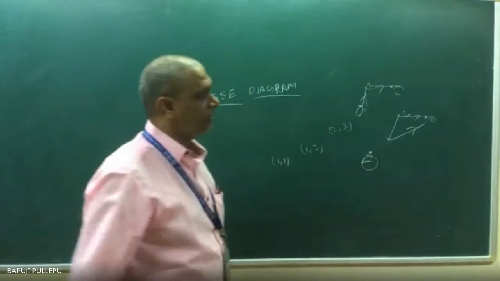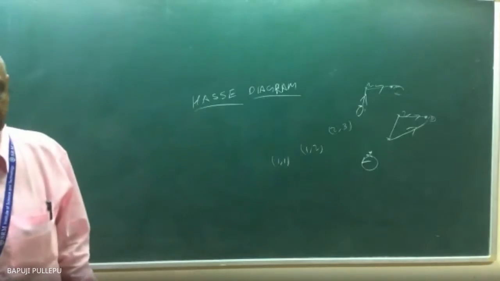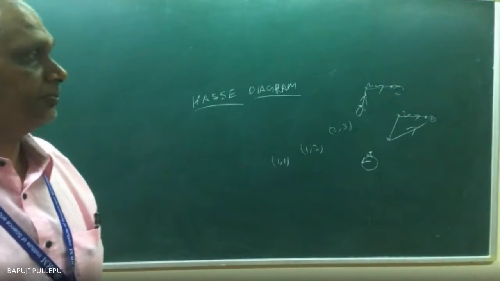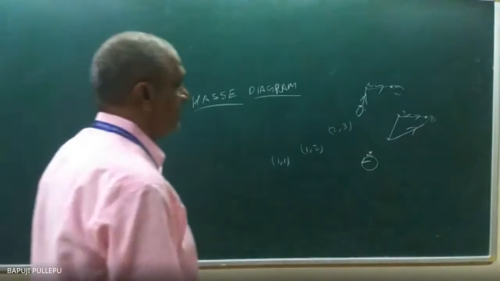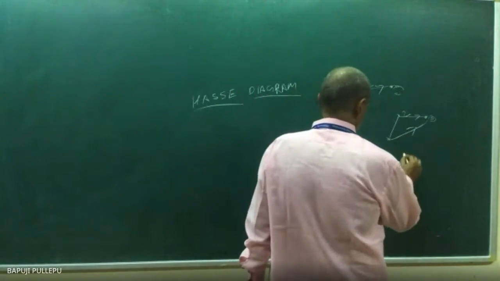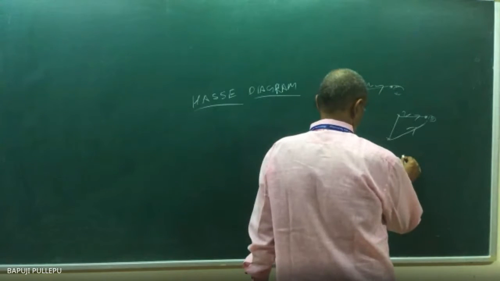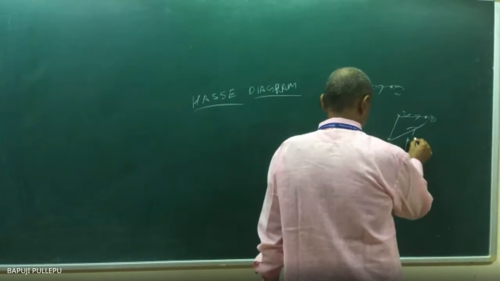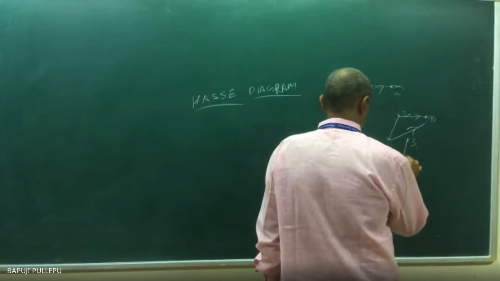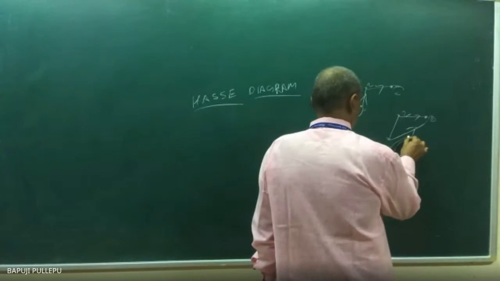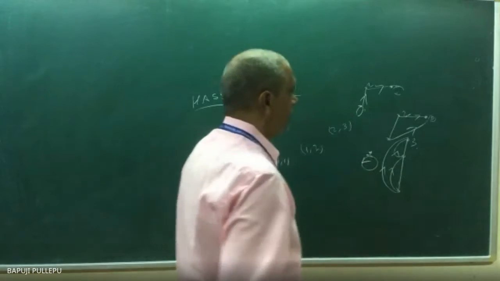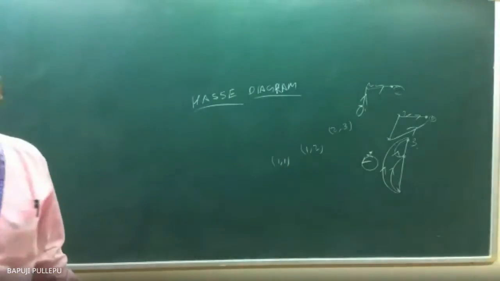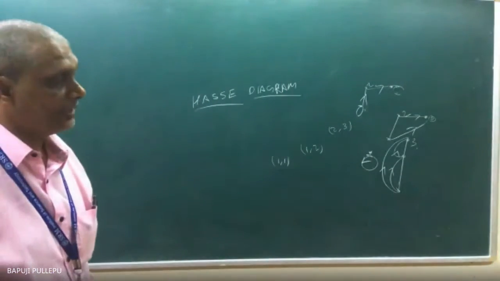In the diagram, what you will show: 1 to 2, 2 to 3 means 1 to 3 also will be shown, if the relation is there. But in the Hasse diagram, no need to show it. But one straight line, if you draw it, after that I will give you the note. First, you can listen one by one. 1, 2, 3. Then you have to do 1, 2, 3. This is the diagram. But in the Hasse diagram, no need to draw 1 to 3 again; it is understood.